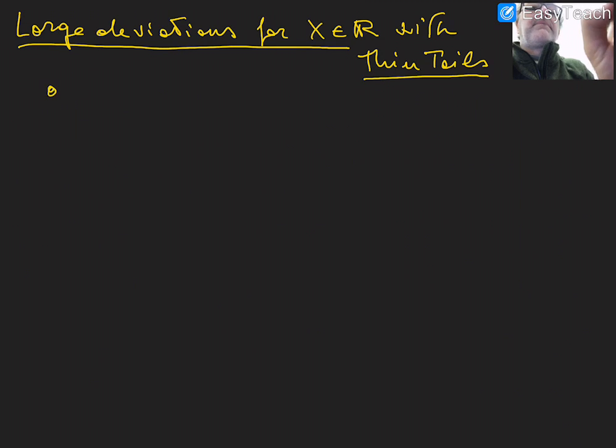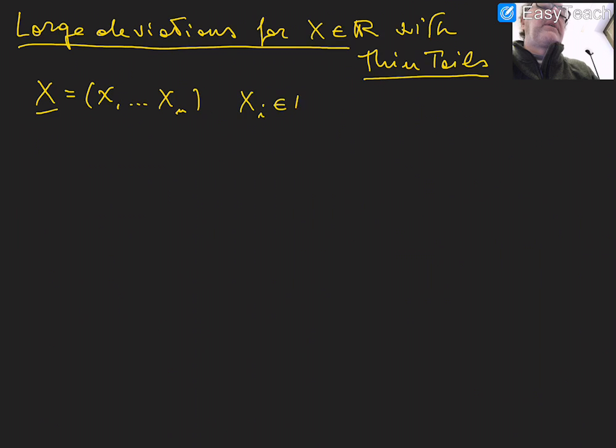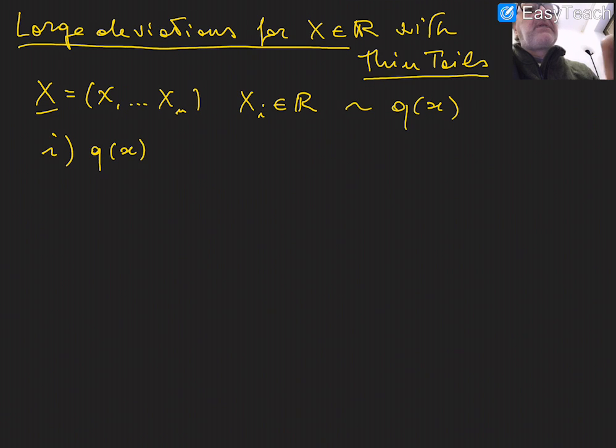So we have a sequence of n random variables, the xi are real random variables, and they are drawn from a PDF which is Q of x. Okay, and now we assume that Q of x has thin tails,